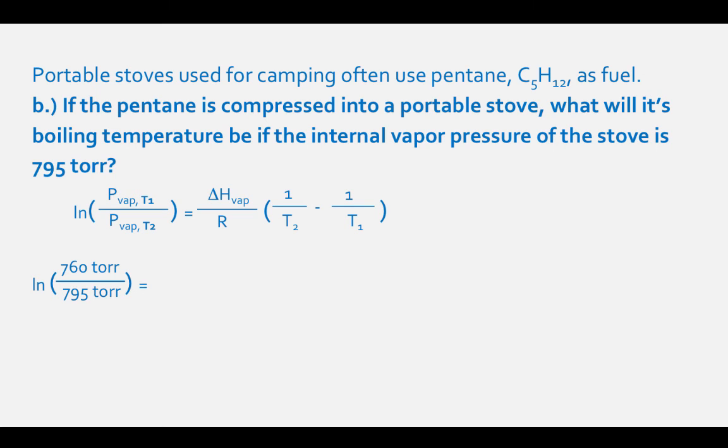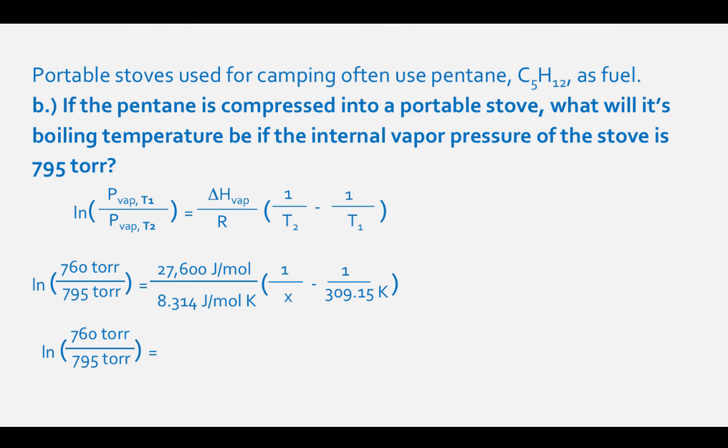Our right side of our equation will be 27,600 joules per mole divided by 8.314 joules per mole times Kelvin, times 1 divided by our unknown temperature, here X, minus 1 divided by 309.15 degrees Kelvin. We can solve for the left side of the equation. The natural log of 760 divided by 795 is equal to negative